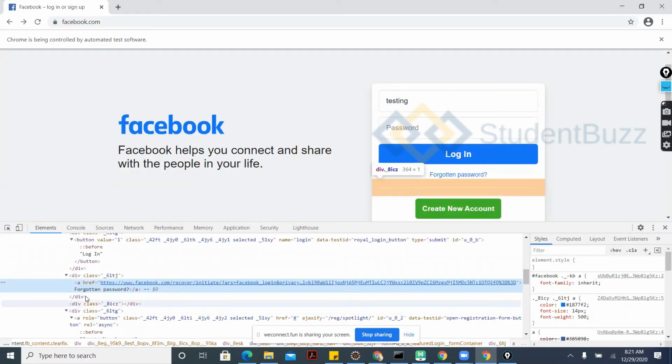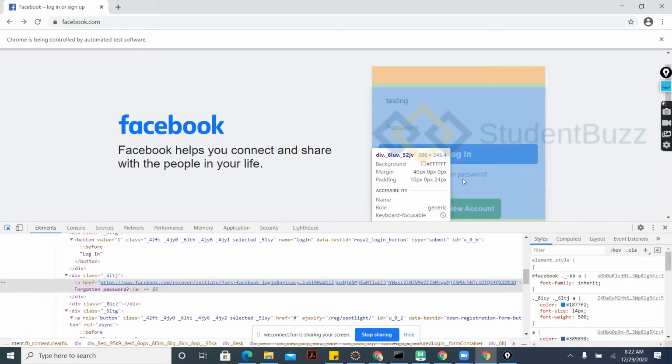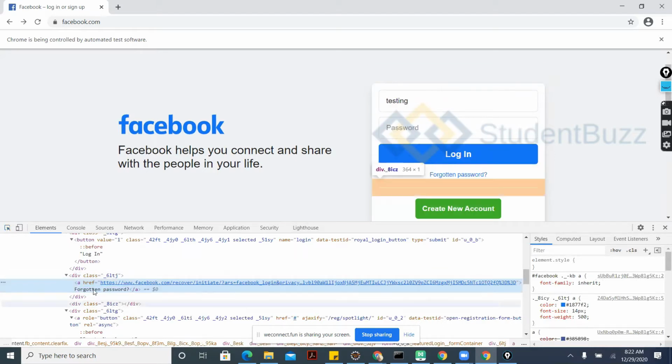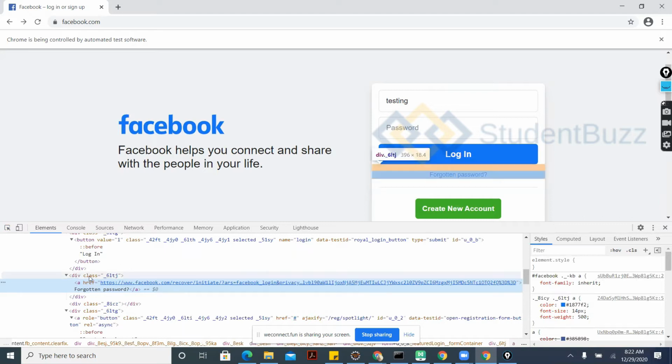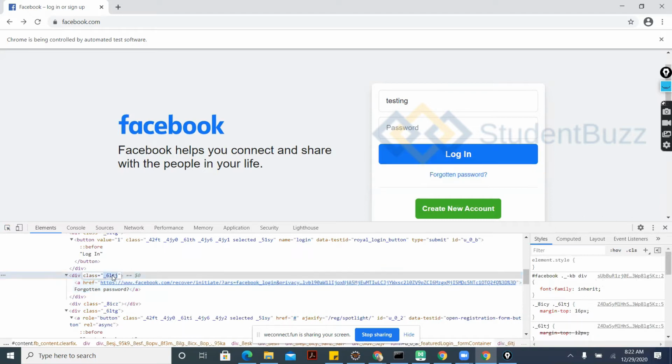This is also a link, and it is having separate text. You can fetch the text in this area also. So let's get all the values from this login button and forgot password. Let's get this. Write some XPath here.